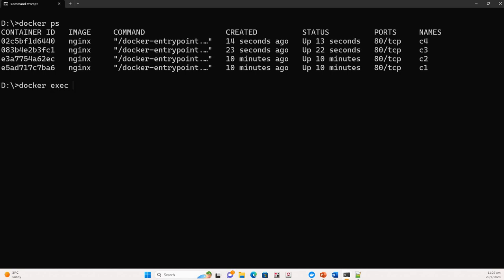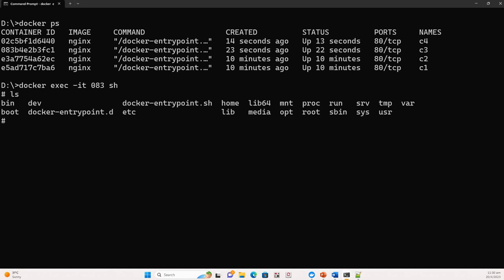exec -it and then the container. I'm going to take C3, 083 sh, and I enter into this container and you can see all the directories. Then I'm going to ping the... okay, one minute. Before I ping, I need to get the IP address